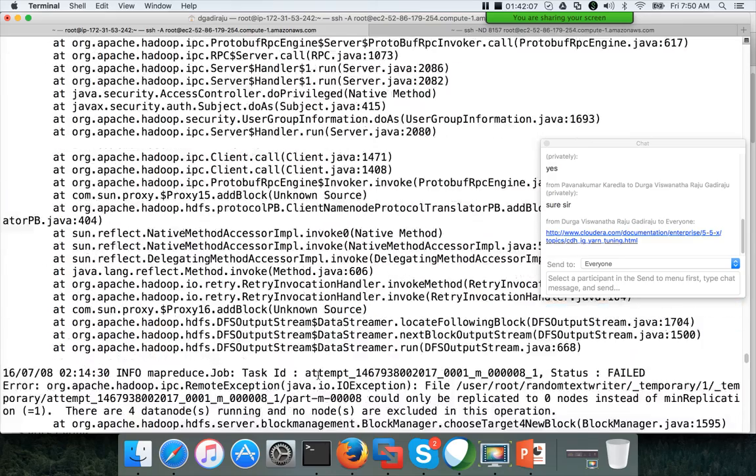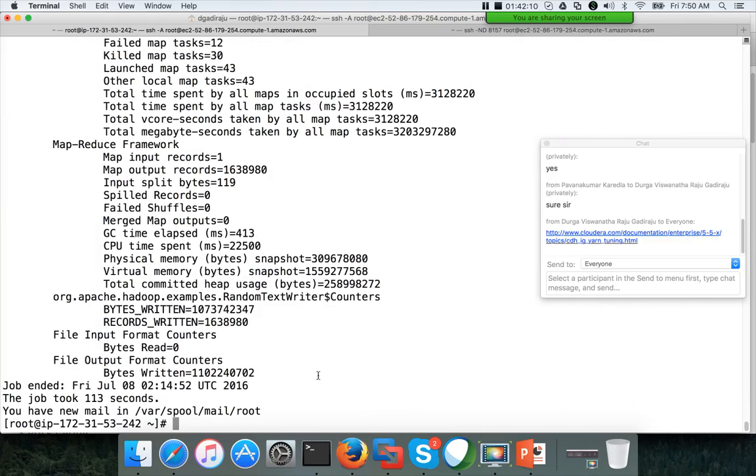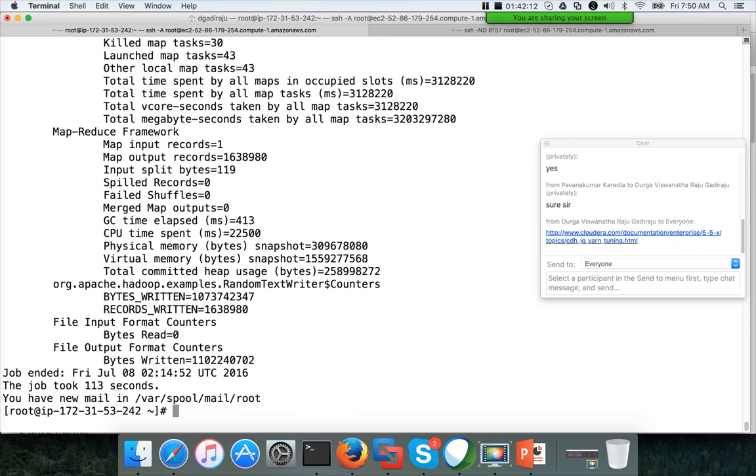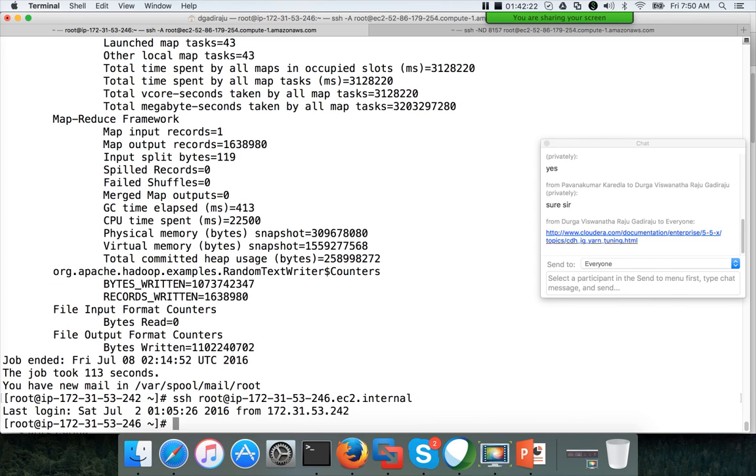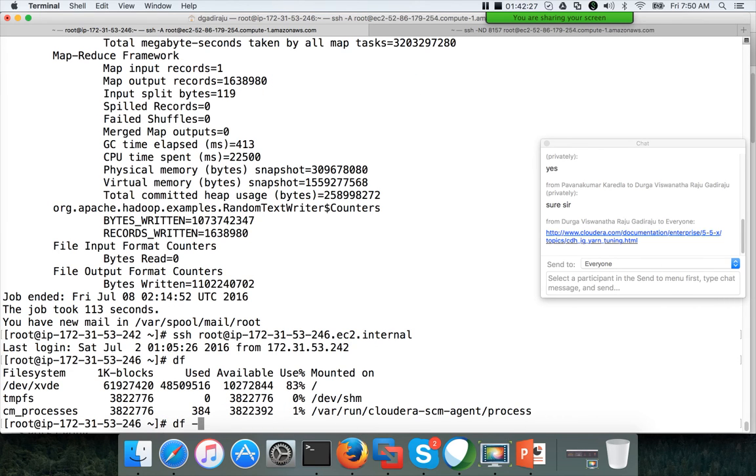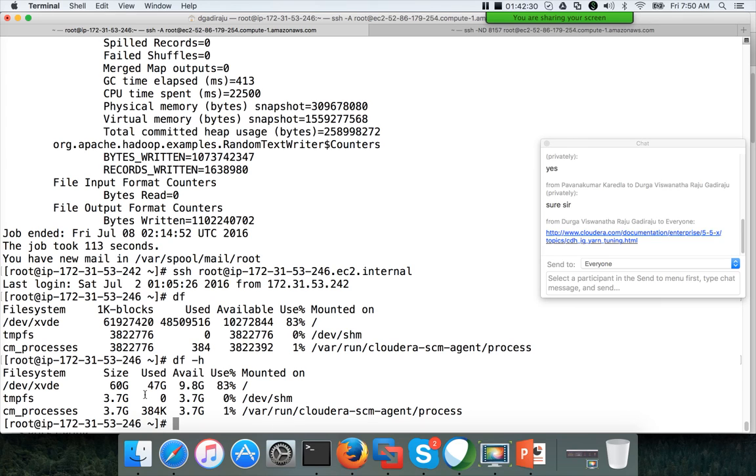If we SSH into 246, you can say df or df -h. You can see this location is almost 47 gig used and 9.8 available. So it is using a lot of storage, and we have to troubleshoot this.